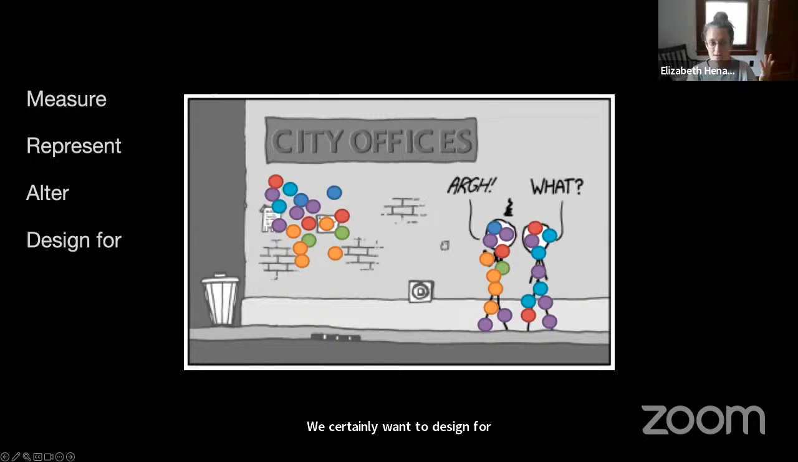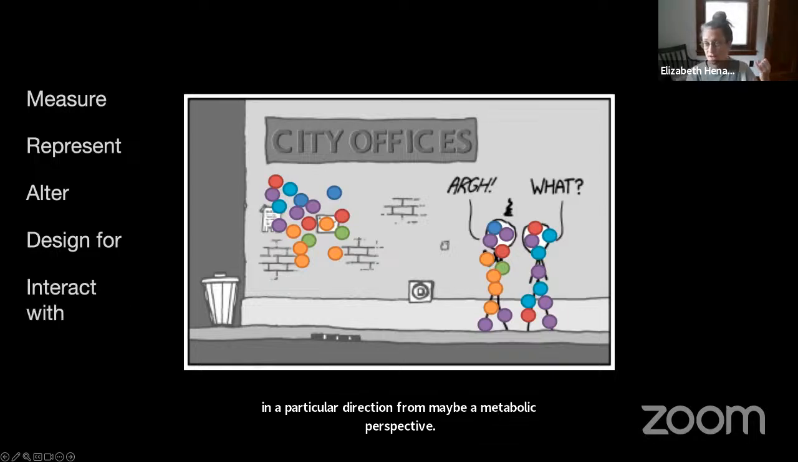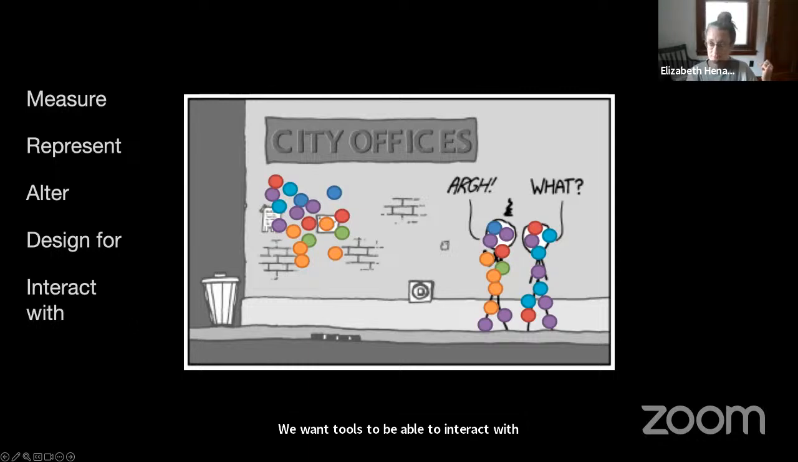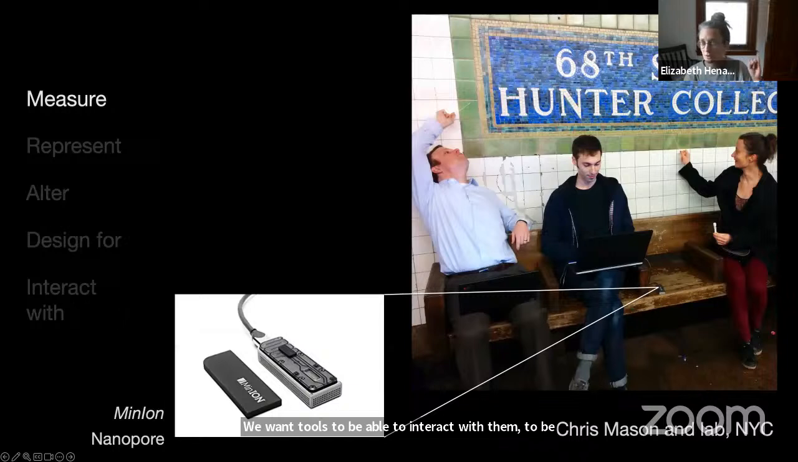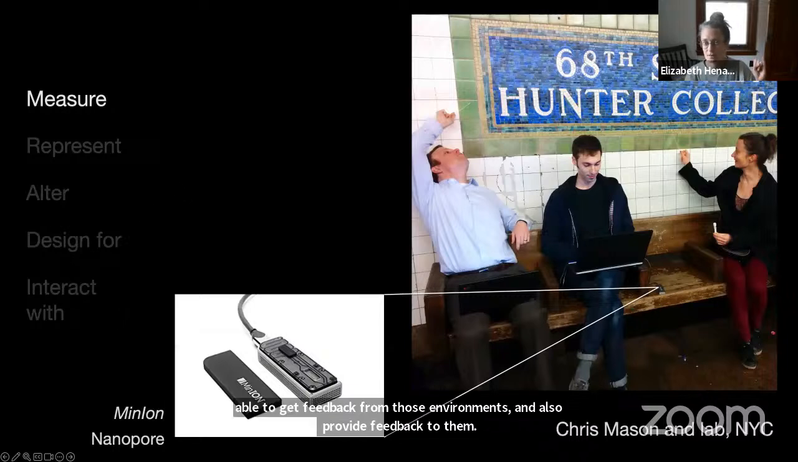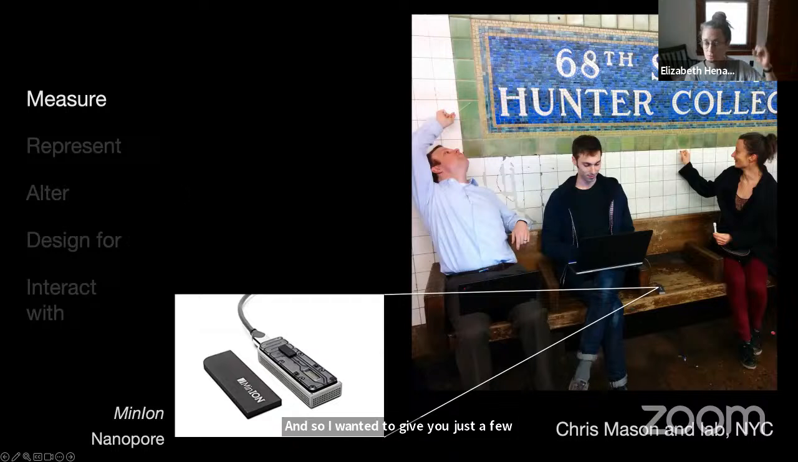So to encourage the microbial populations to go in a particular direction, maybe from a metabolic perspective. We want tools to be able to interact with them, to be able to get feedback from those environments and also provide feedback to them. And so I wanted to give you just a few examples of tools that we have for each one of those different steps. So tools that we have to measure microbiomes, currently the most precise ones are based on DNA